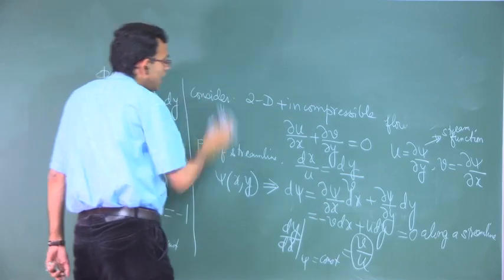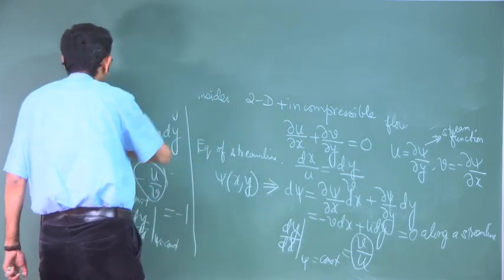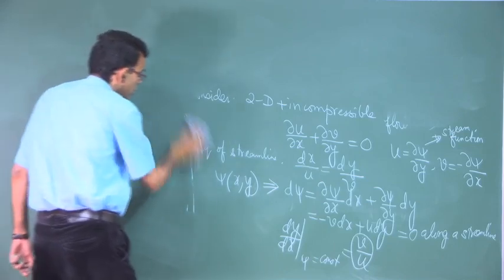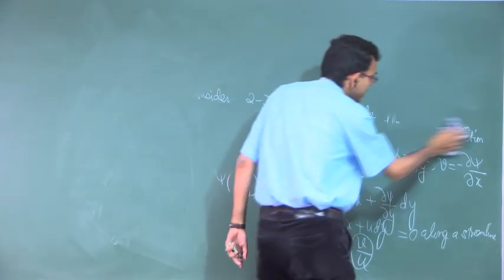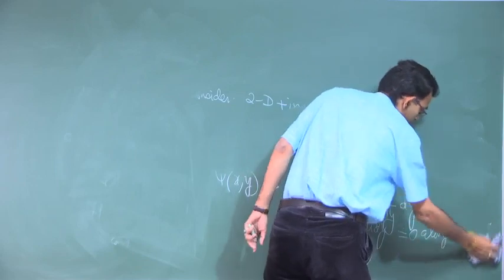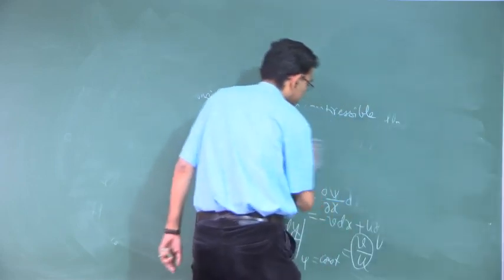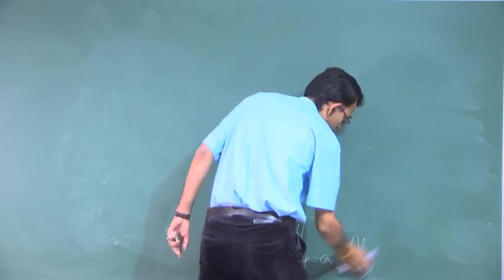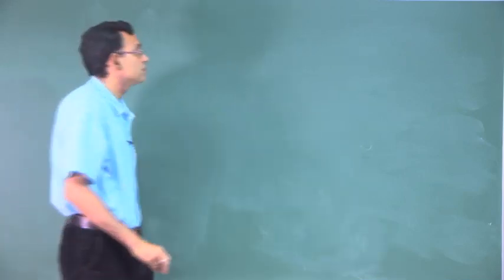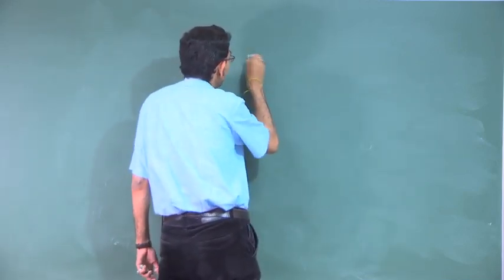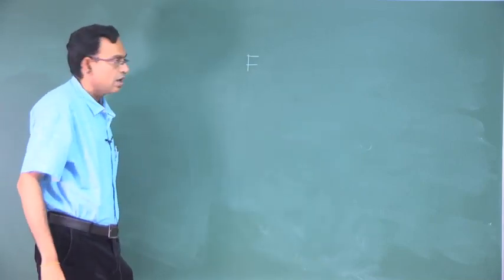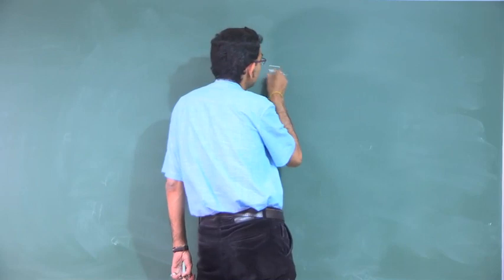Now, because phi and psi are orthogonal to each other, we can define a complex function based on phi and psi. So, we will try to define that complex function now. So, let f be a complex number. We can write f